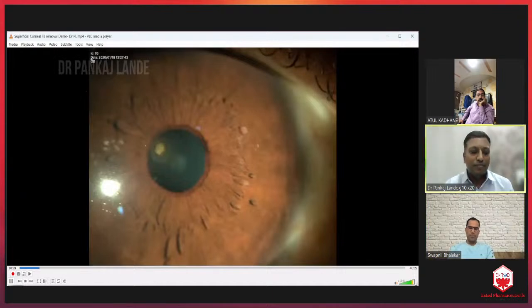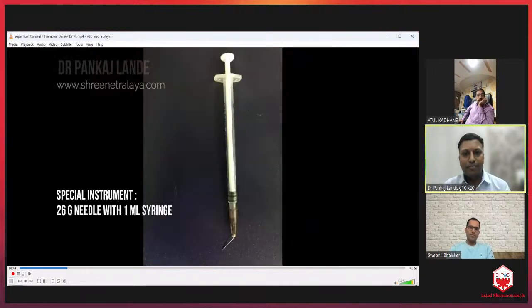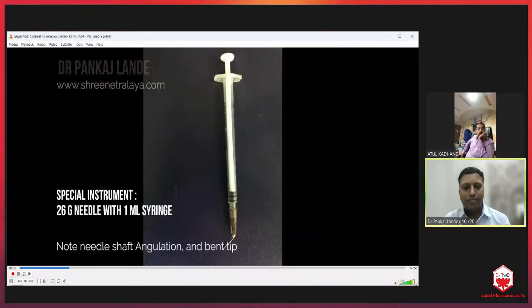These superficial corneal foreign bodies are small, fast-moving objects which usually arise while hammering or while grinding work. We usually come across many cases where, even after removal of these superficial corneal foreign bodies, especially if they are metallic, few particles remain even after removal of the foreign body at the base, and these keep on giving some reaction, causing more scarring and visual impairment if the pupillary axis is involved.